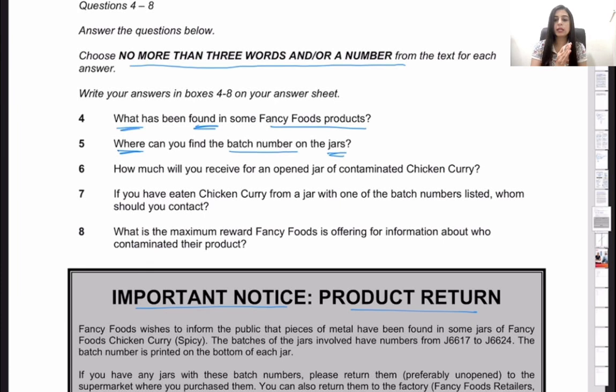I'm going a little out of the passage right now, but I hope you understand that the batch number is written on all the products, especially the perishable ones or the processed foods. So you have your MRP there, and then you have the manufacturing date, you also have the expiry date or best before, and there itself you have the batch number as well.